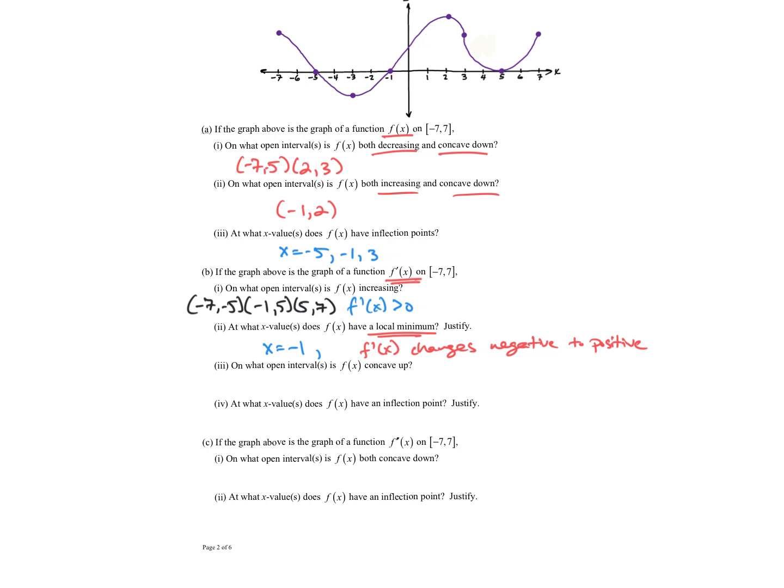All right, let's look at number 3 now. On what open intervals is f of x concave up? All right, so f of x being concave up. Well, what's given to me? It's an f prime graph. So how do I get from f prime to f double prime? I actually need to talk about the slopes of